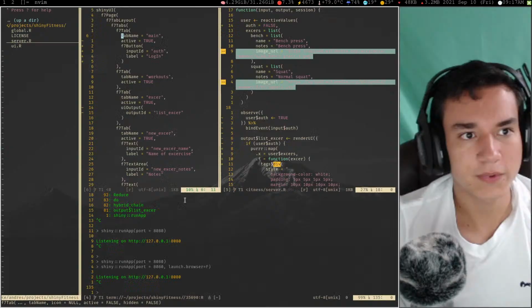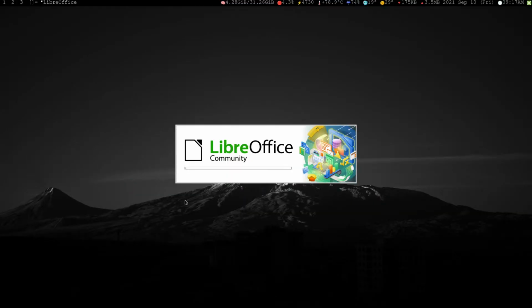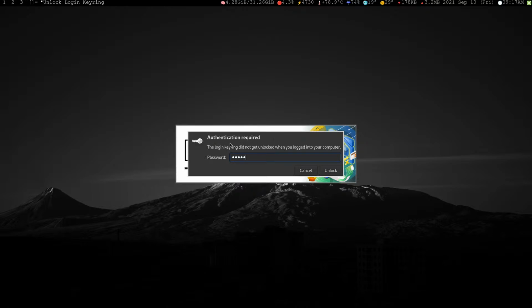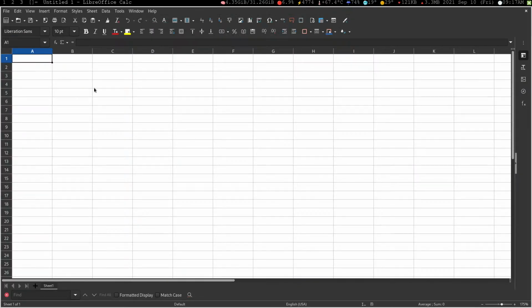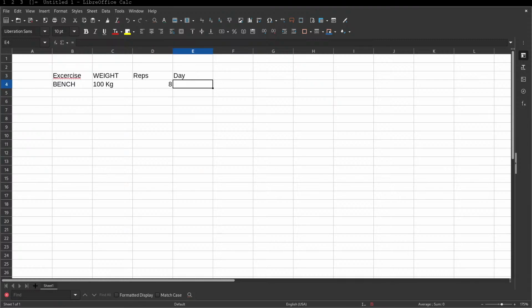And if I just open right here my LibreOffice, let me open up a Calc. So I want to be able to say like, okay, my exercise and what exercise. So for example, bench, weight, right? So I'm going to want to do 100 kilograms. How many reps? Could set it up in